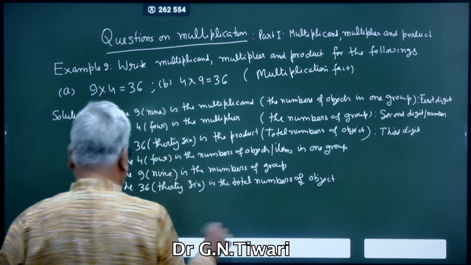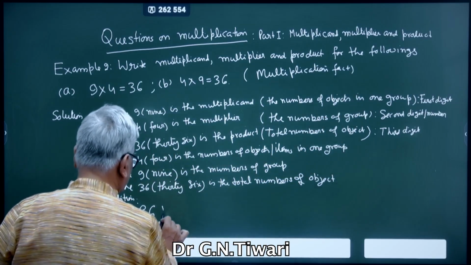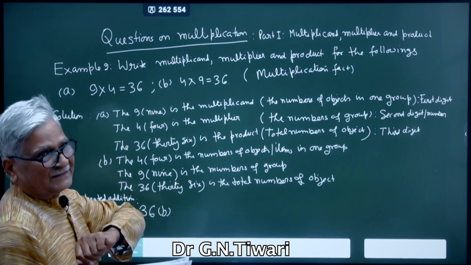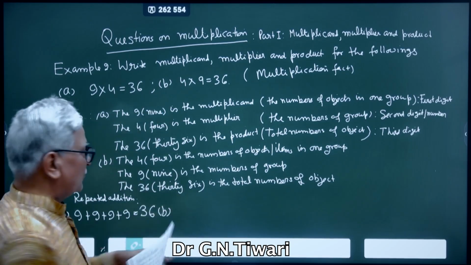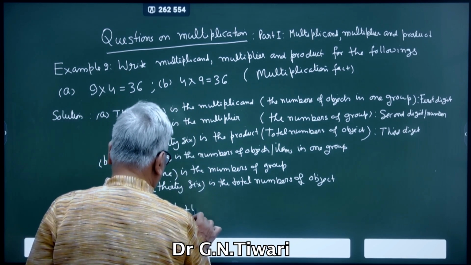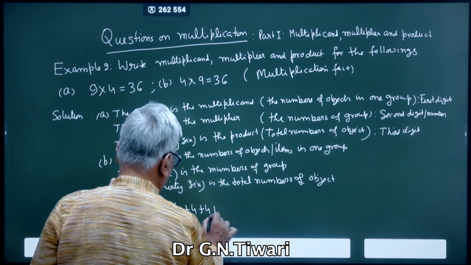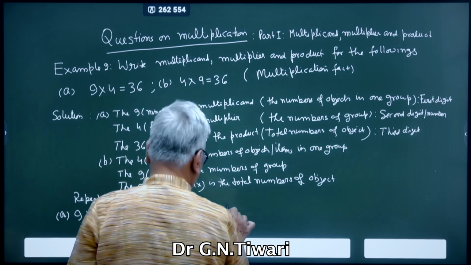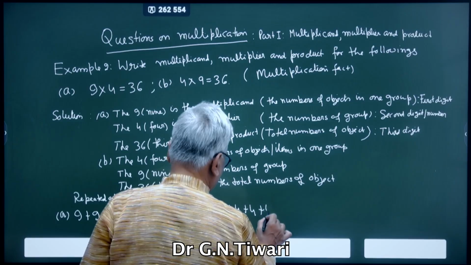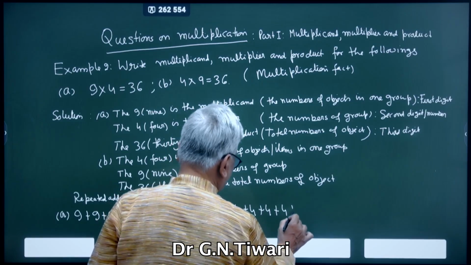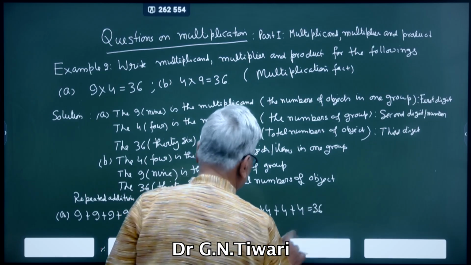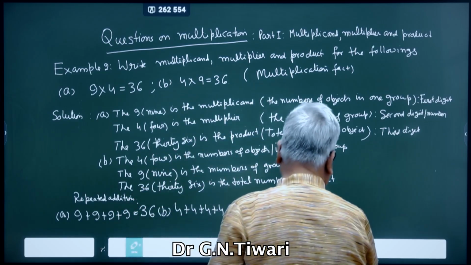और ये एडिशन फैक्ट आ जाएगा. और बी देखिए, इन बी देयर आर 9 buckets. इन 1 bucket देयर आर 4 mango. तो इसको 9 टाइम्स लिखना पड़ेगा. 4 + 4 + 4 + 4, 4 टाइम्स. 5, 6, 7, 8 and 9 equal to. अब इसको आप बोलेंगे एडिशन फैक्ट.